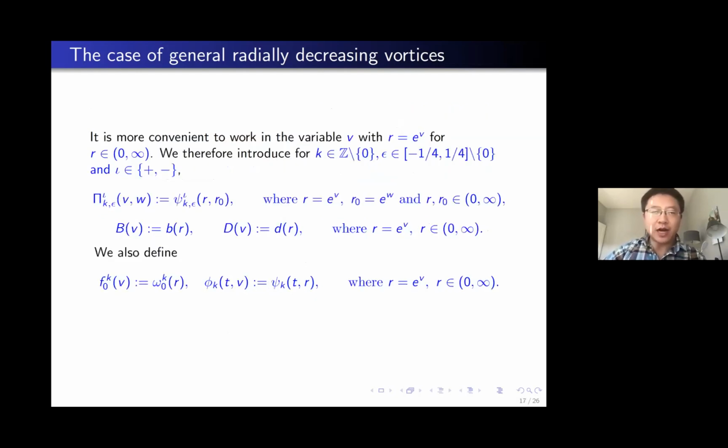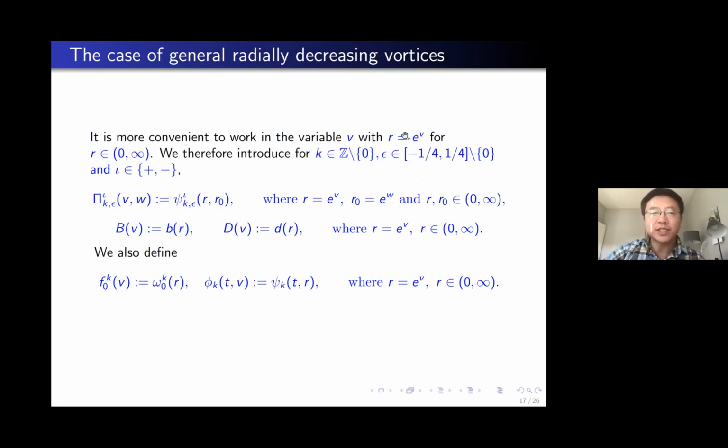So it turned out for our problem, it is more convenient to work with, instead of the R variable, the V variable. So V is log R, so R is equal to e to the V. In this way, we can ignore the fact that R has some boundary. In this problem, R goes from 0 to infinity, so there's a boundary. But if we switch to V, then V will be on the real line. So that's convenient. At this moment, I don't know how essential it is to work with V, but there are some positive signs of working with V, because we can get a very nice singularity structure for the spectral density function, as we will see in a little bit.